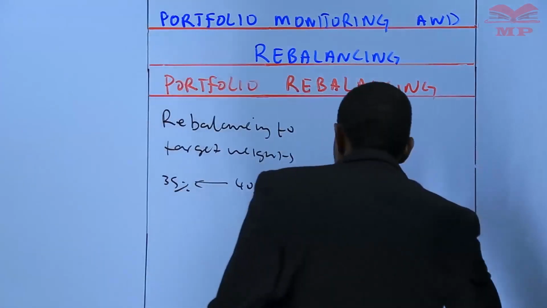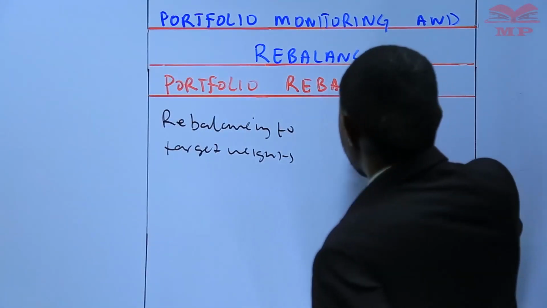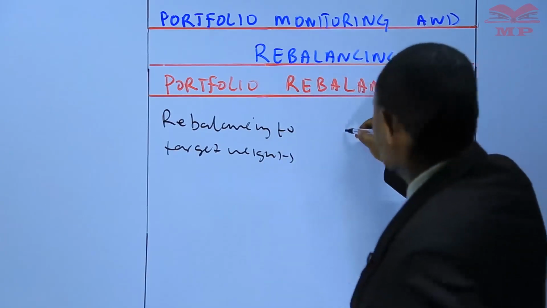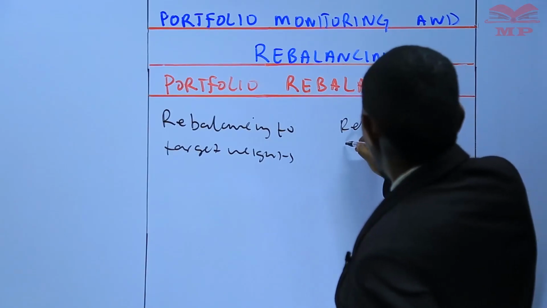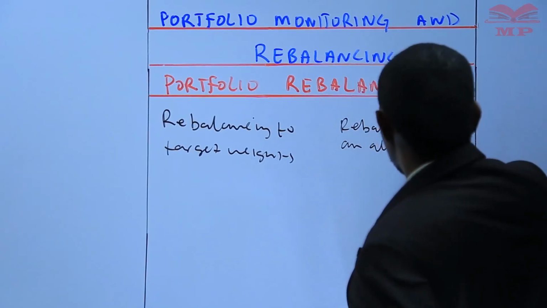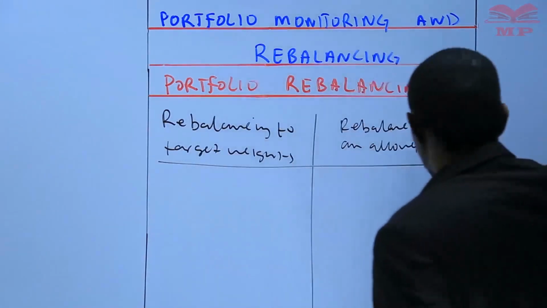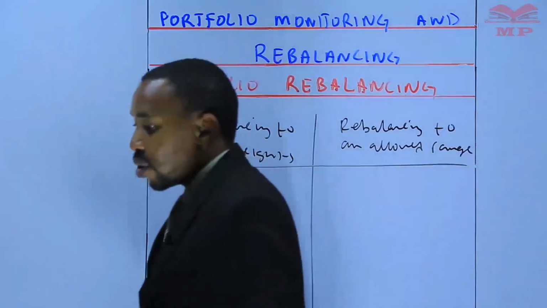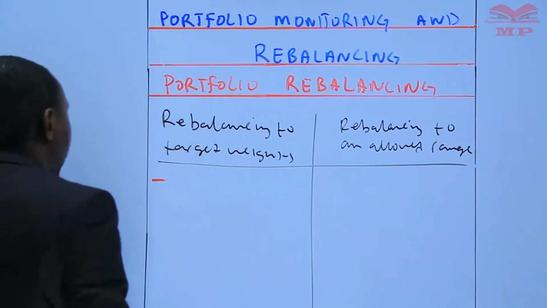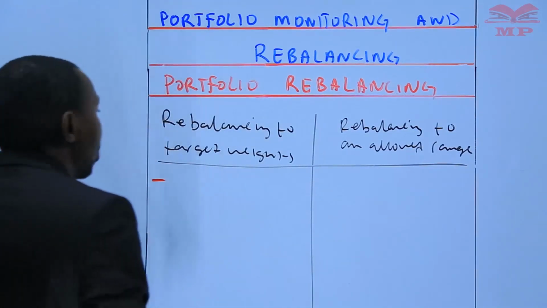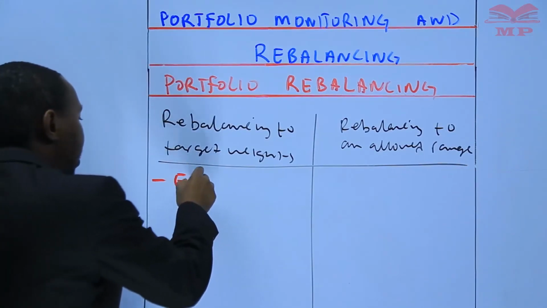So on the other side, we have rebalancing to an allowed range. And we can start by highlighting this, and I'll emphasize it using a red pen. The first point is that rebalancing to target weights seems to be costly. So we're saying that this is expensive